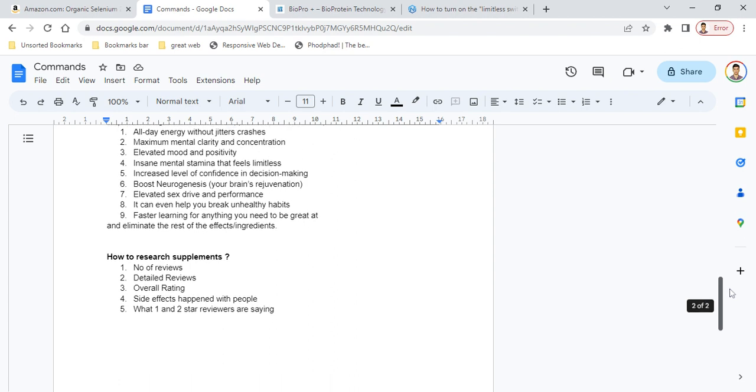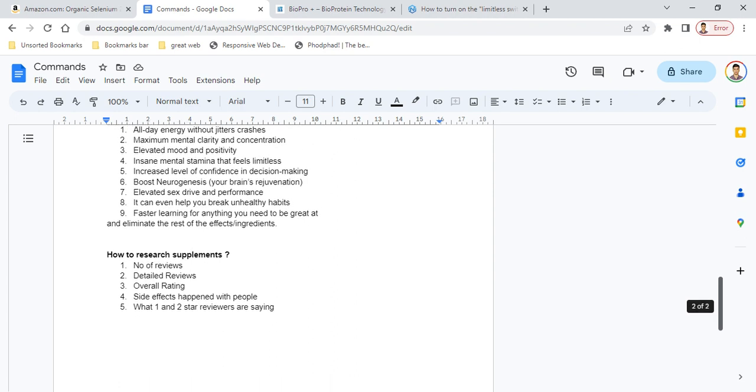Now, this is the last part where I talk about how to research the supplement. Now, when you actually do any kind of research, you first check the number of reviews for that particular supplement. Then you check the detailed reviews, like the description of the reviews. Like there are supplements which have 10,000 reviews, but most of the reviews are like 2 or 3 line reviews. So usually try to see for the reviews which are at least 100 to 200 words